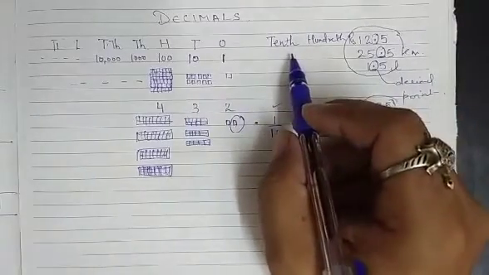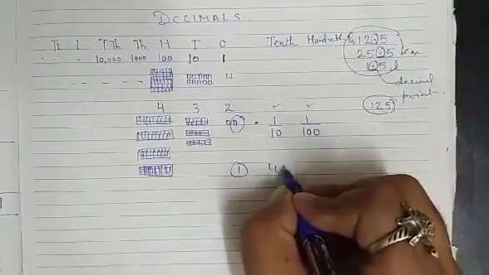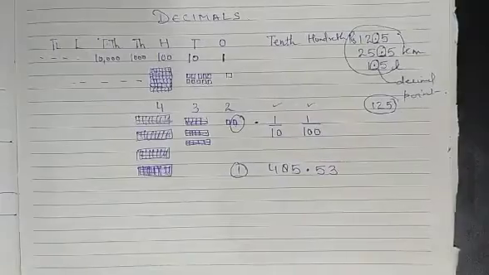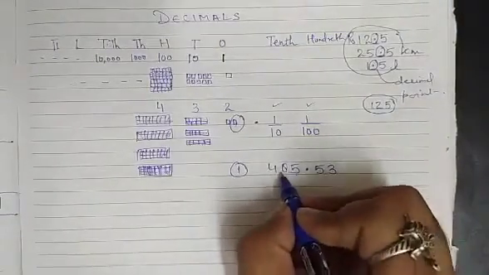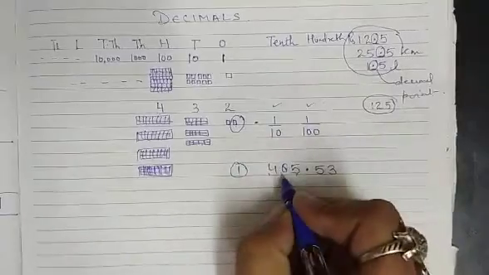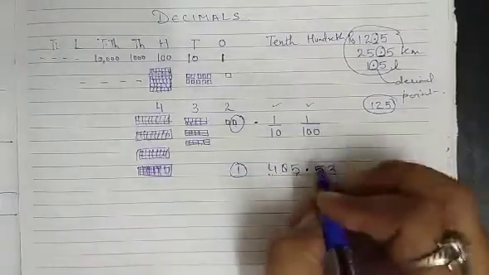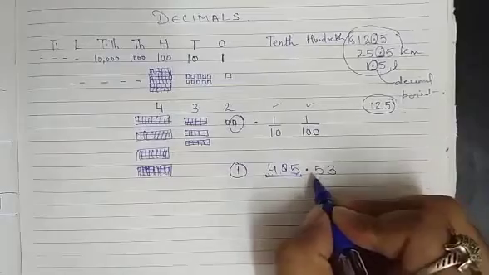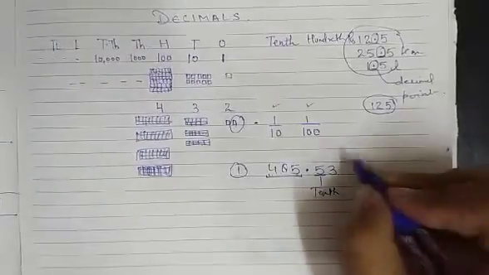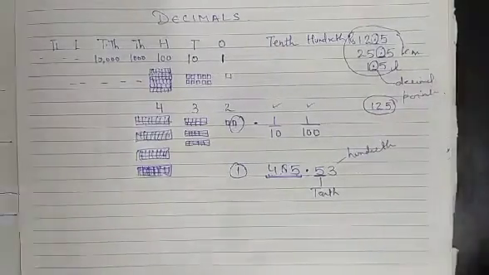TH is there, just see, right? So if we are going to write a number like 485, it means 5 is ones, 8 is tens, 4 is hundreds. Clear? That is the place value we studied earlier. But as soon as I get a decimal, the first number will be tenth, the second number will be hundredth, and the next one is thousandth, ten-thousandth.